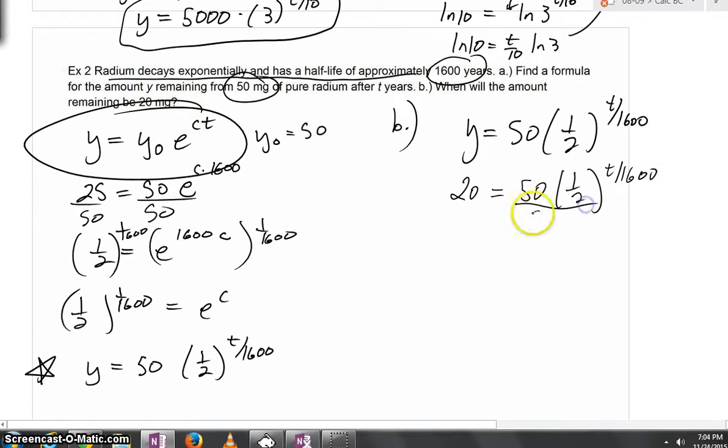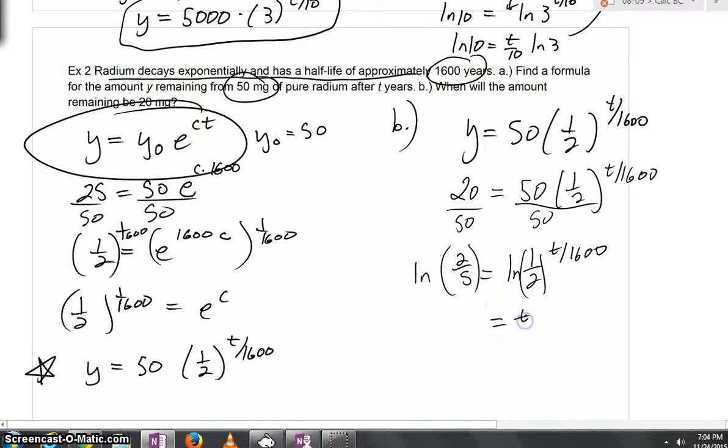Now, of course, we can divide both sides by 50. And this will just become 2/5. Real quickly, we can take a natural log on both sides so that we're going to be able to bring that t down. And just want to point out a couple of things here. We could use a property of logs and use the subtraction property. It's just as well